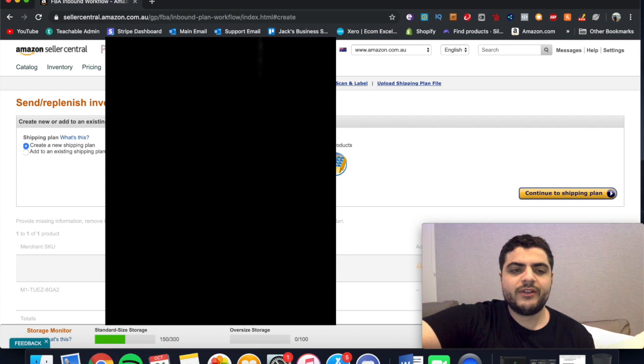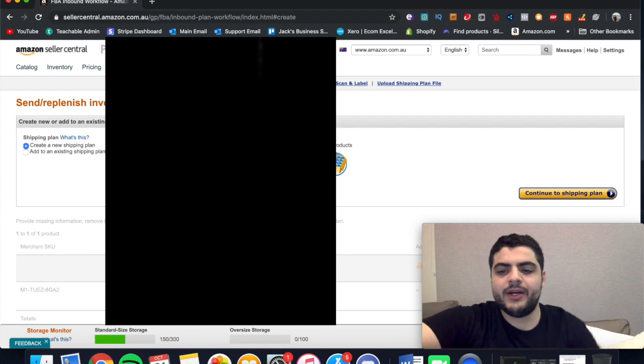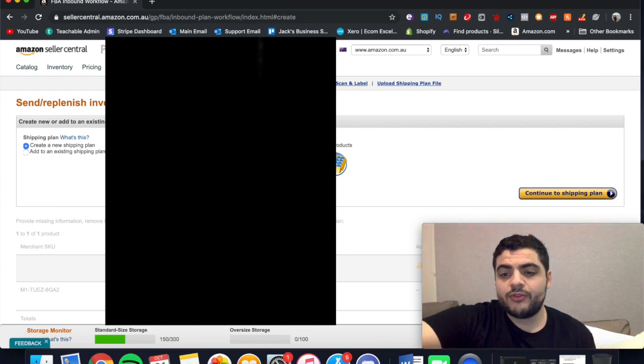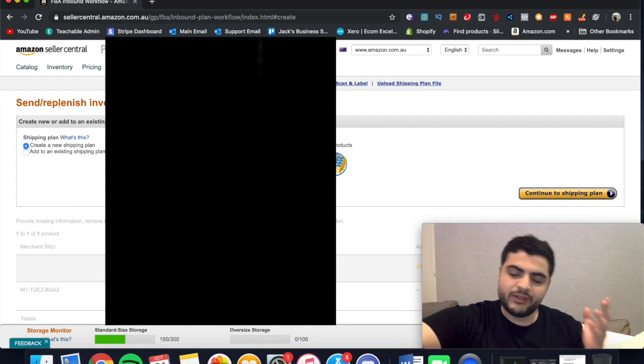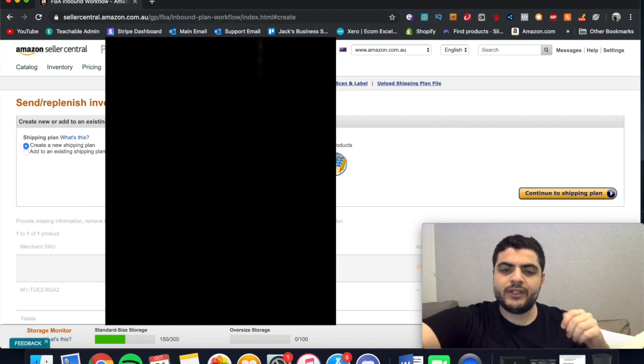On the left hand side, you've got create a new shipment plan, which is most likely what you will be doing. I've got an address here, but it'll most likely get you to add an address in. So make sure you ask your supplier what their address is, and because we're dealing with Chinese suppliers, you want to make sure that you've got the state and the